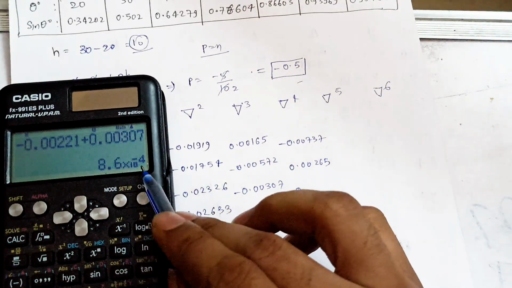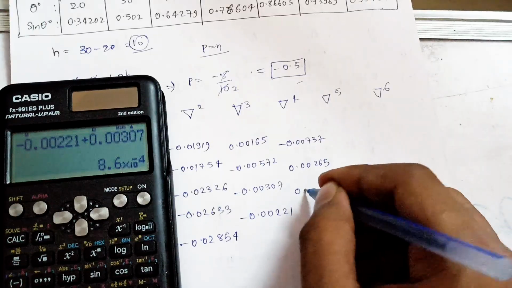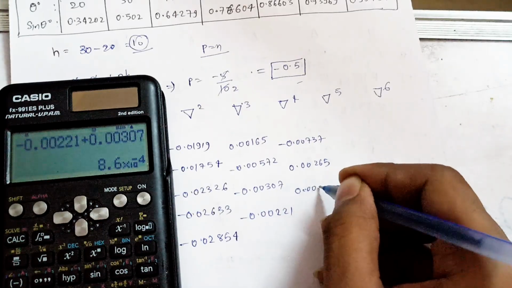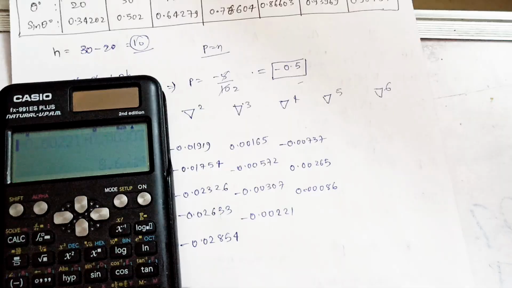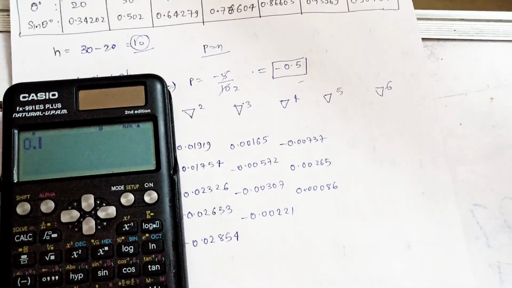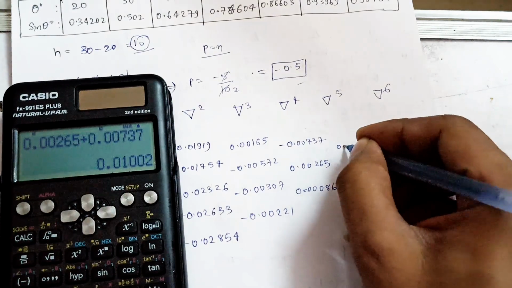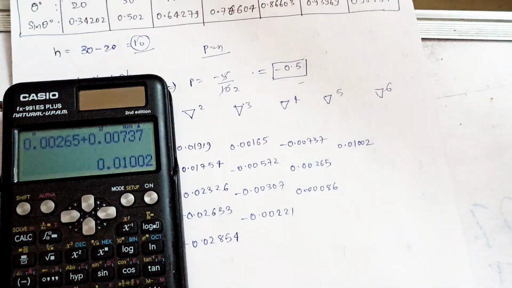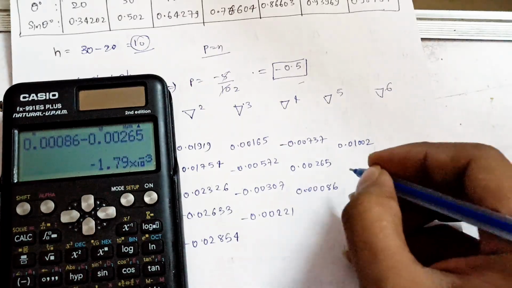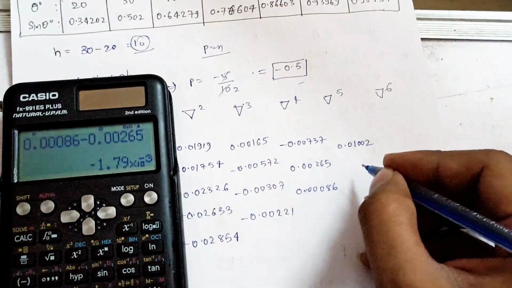since 8.6 into 10 power minus 4 is there, so we're going to use 0.00086. Next for the del 5 I'm going to use 0.00265, and minus will be plus here 0.00737. You will get 0.01002, and then 0.00086 minus with 0.00265. That is going to be equal to minus of 0.00179, and for del 6, that is first will be minus